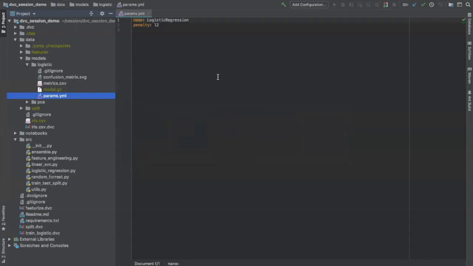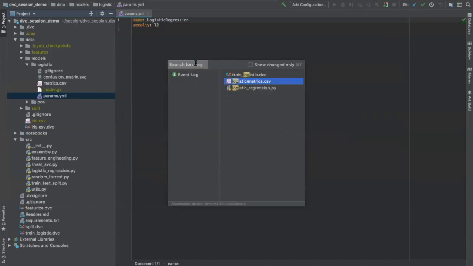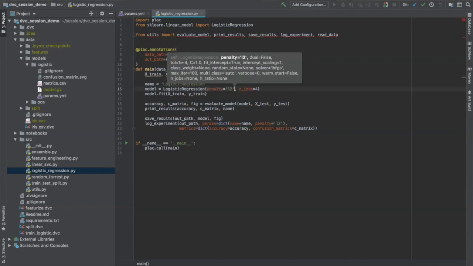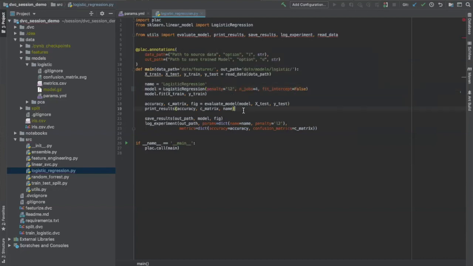So if you open logistic regression, currently the hyperparameter that we have used is penalty equal to L2. There are other hyperparameters like intercept or fit intercept. I'll set fit intercept to be false, and log that as my hyperparameter.